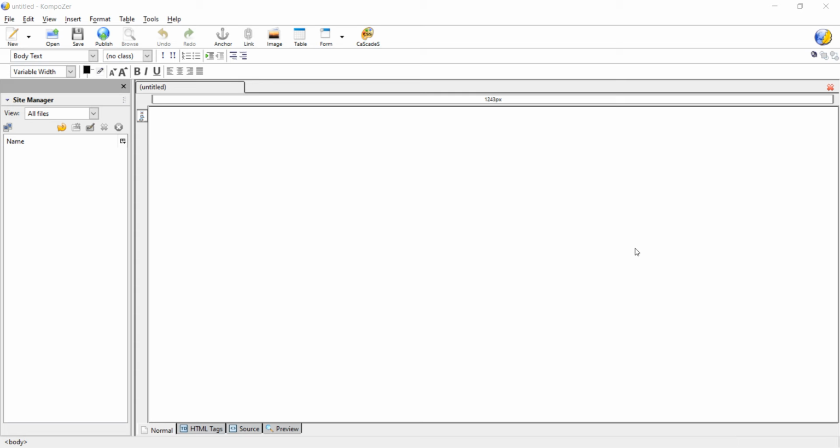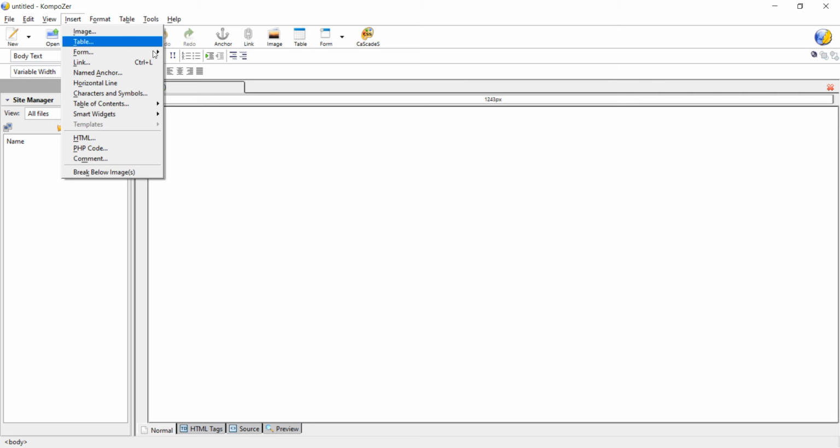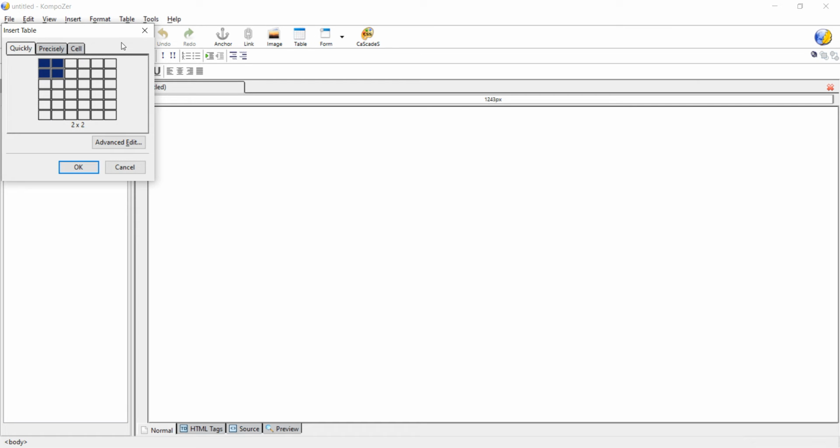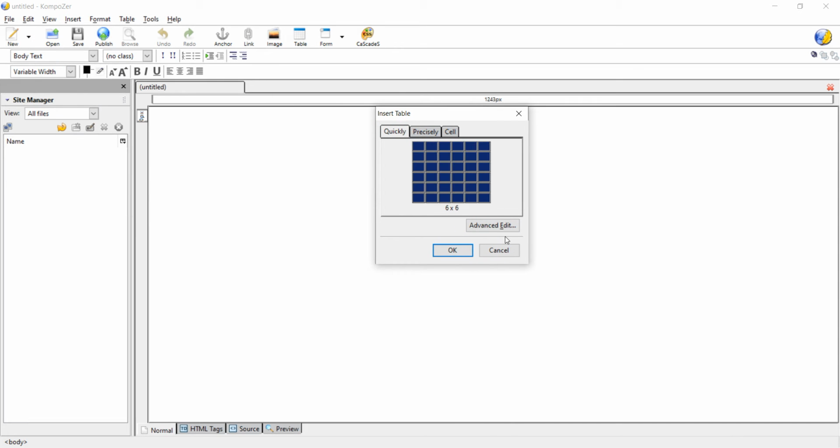There are two ways to insert a table. You can go in the insert button and select the table option, or else in the composition toolbar also you have the table button. Okay, as you click here, see here, two tabs are given, or actually three tabs are given. But to create the table, we have quickly and precisely. Sorry, in quickly we have maximum 6 rows and 6 columns, not 8. 6 rows and 6 columns, ready-made buttons. Okay, and you can't do any changes here. Ready-made table you will get.